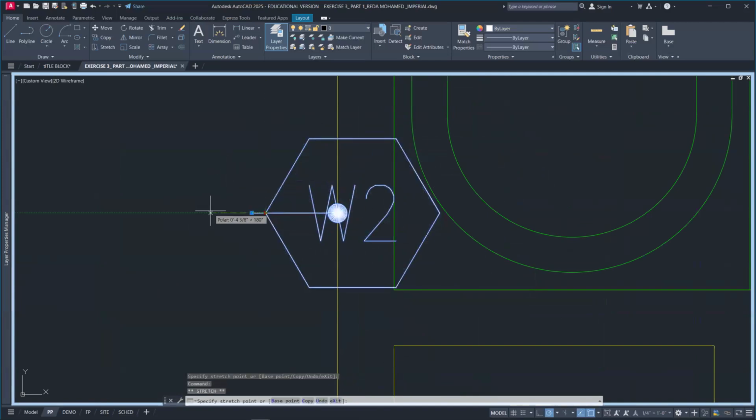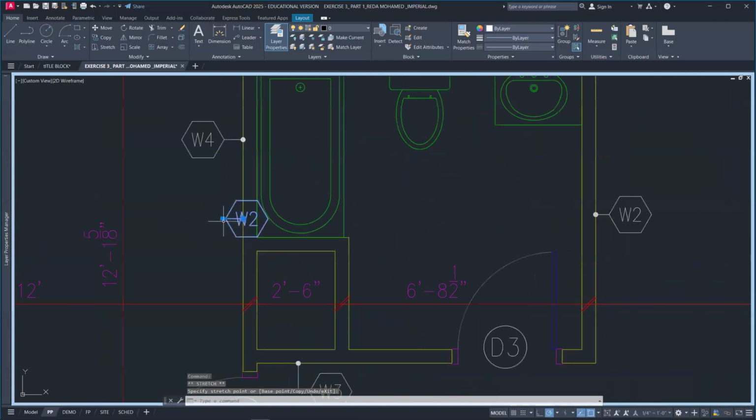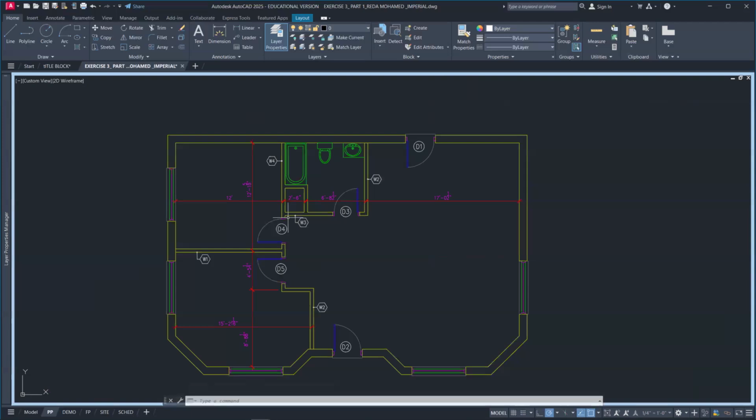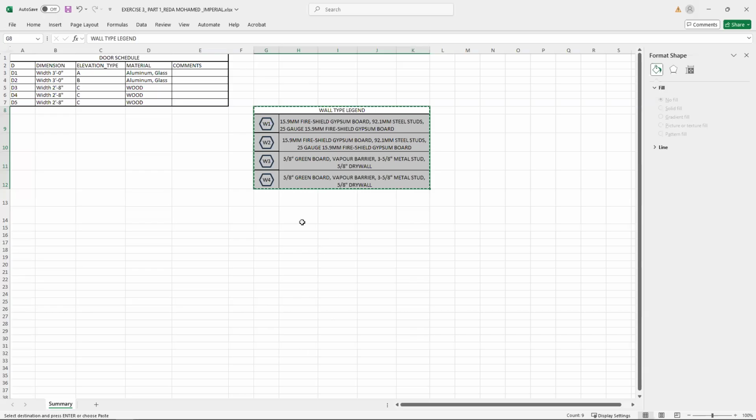So right, it's not working. So you need to recreate it as I did here. Okay, so we have W1, 2, and 3, and likewise 4. For the data extraction, it's kind of lengthy, right? The wall types legend. So what I would do is actually go to an Excel file and just create the